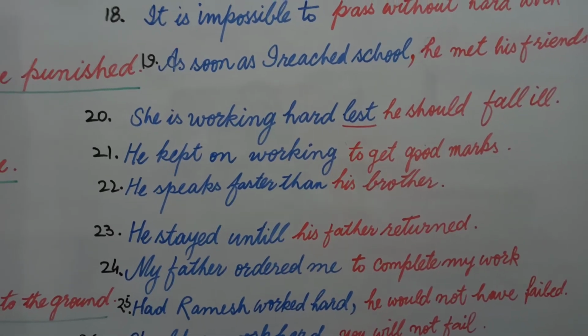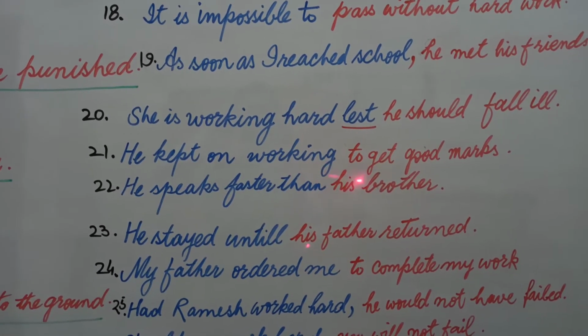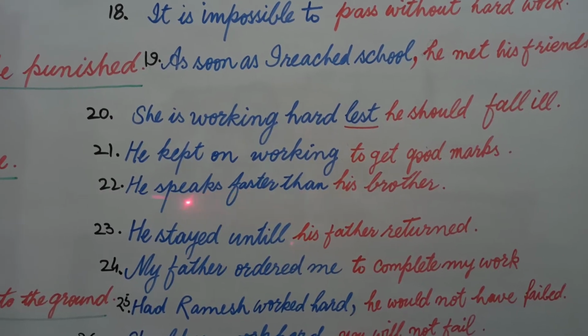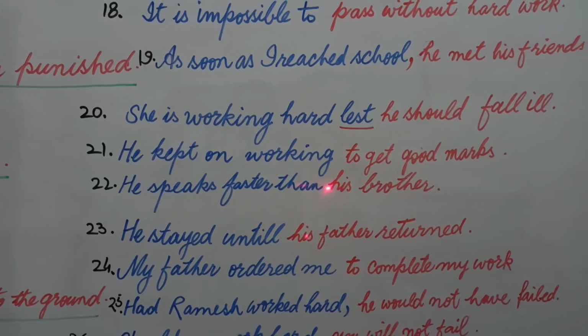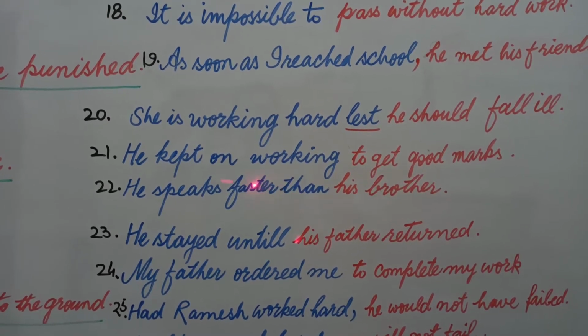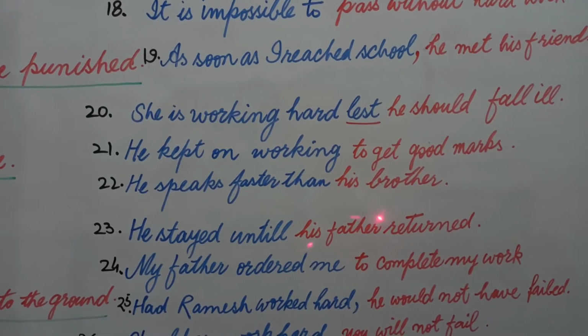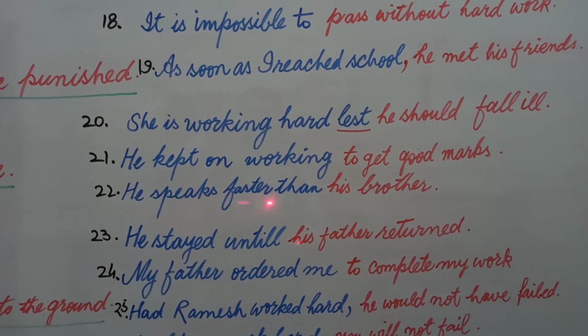He speaks faster than. There is nothing more to add in this sentence, because this sentence is almost complete. He speaks faster than, only the thing or person is needed here, that is being compared to. So he is compared with his brother or his friend. You write one more noun here. He speaks faster than his brother.